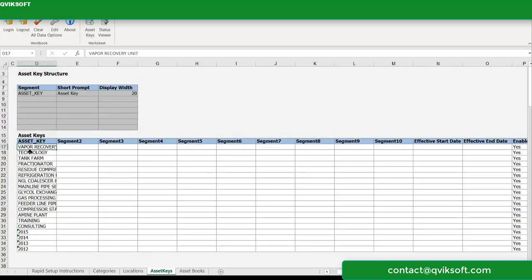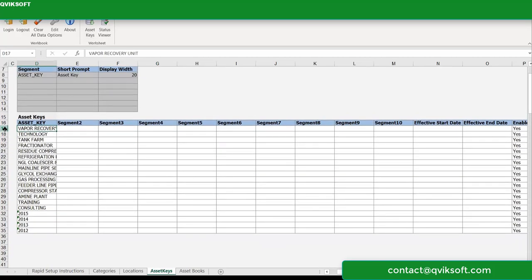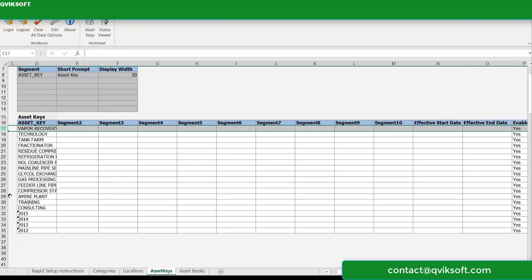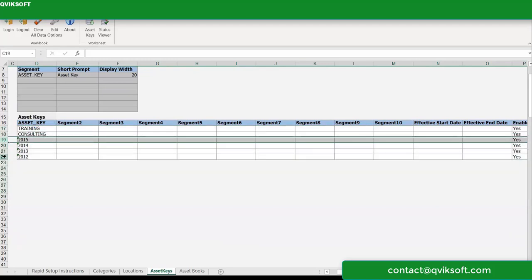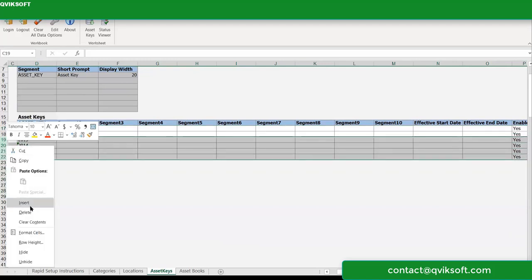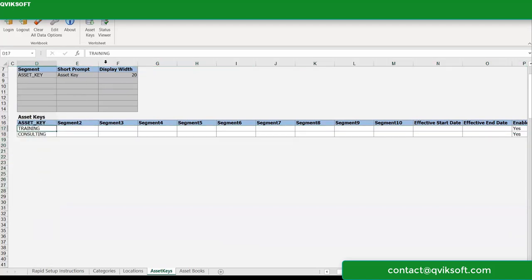These are asset keys which are already defined there. Asset keys are basically to store any known financial information for your reporting purposes, which can help you in any grouping or reporting in your report generations. So I'm just creating these 2 asset keys as well.